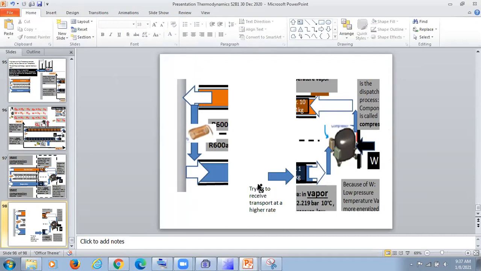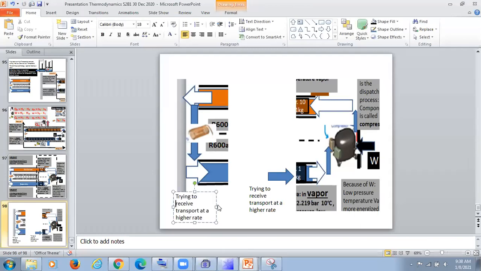But this component at this end is trying to control the transport, trying to control this transport so that